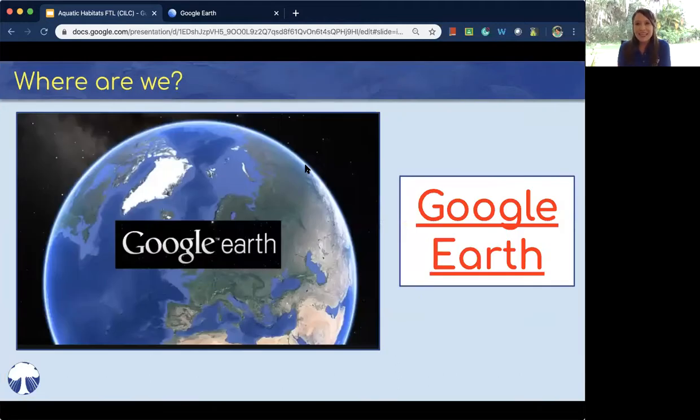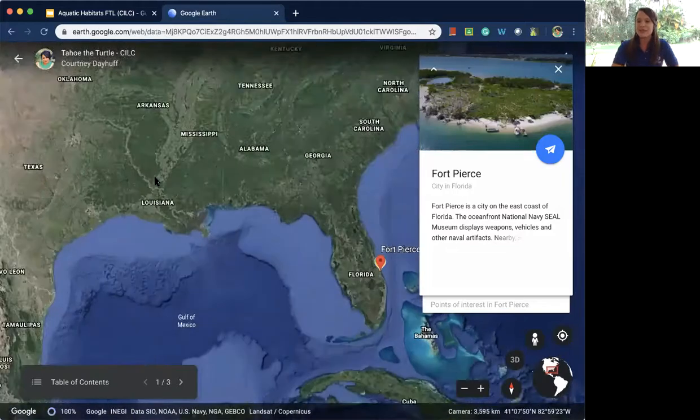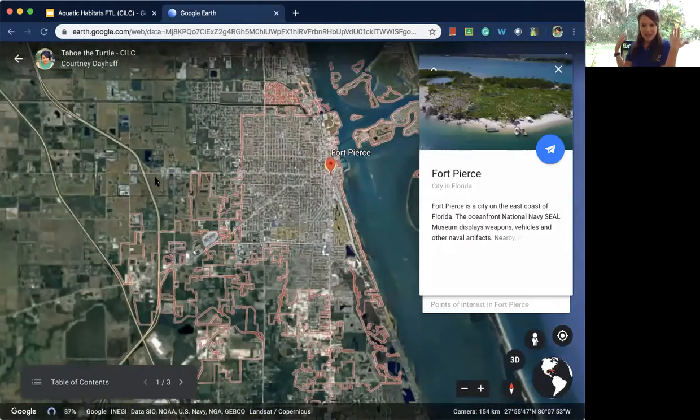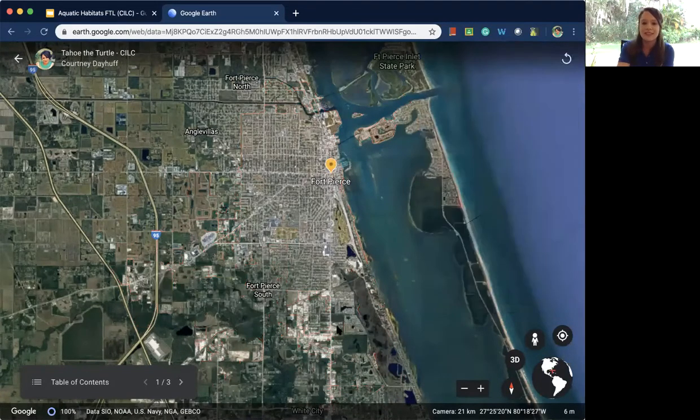So let's get a little bit of a better idea of where we are today. So let's start with me. Here's the United States. I'm in the United States, but I am in Fort Pierce, Florida. So as you can see behind me, my habitat is very green and lush and it's sunny. Hopefully it doesn't rain because it might get a little loud. So this is where I am. I'm on the East Coast of the United States.